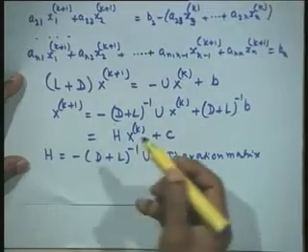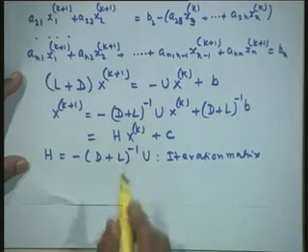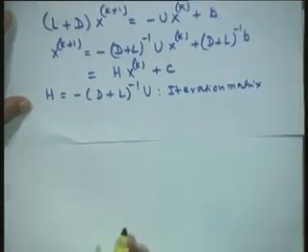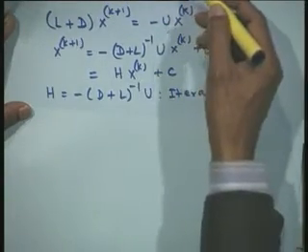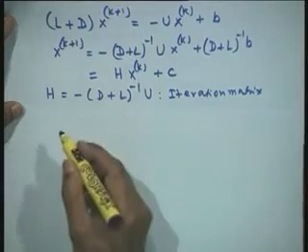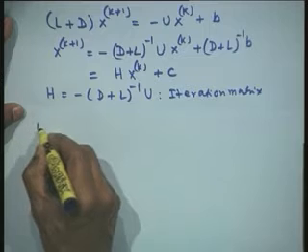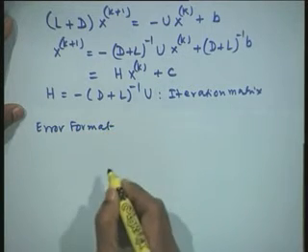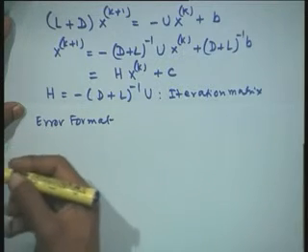Again, the convergence properties of the Gauss-Seidel iteration method would depend on this iteration matrix, minus (D plus L) inverse of U. Now, again for computational purposes I would still not prefer this; I would use the error format of the methods. Just as we have done for the Jacobi, let us also do for the Gauss-Seidel. Let us call this the error format of this system of equations. I will do the same manipulation that we have done for the previous method.